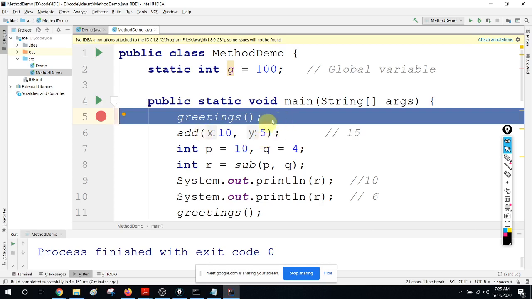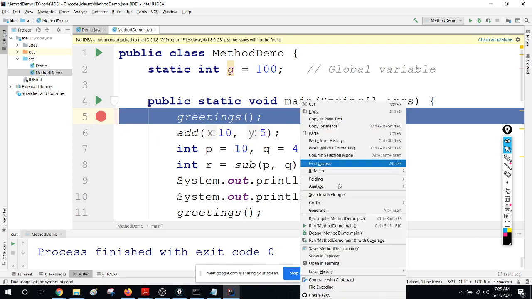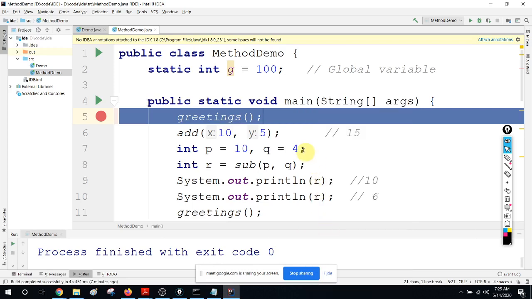Okay, so what we are going to do, I have added a breakpoint. Now I am going to do debugging. So right click and not running, debug. Debug the method. It will take a little bit more time because it has to do some background things, but afterward it will come to this line and hold for you to proceed. So you can see still the progress bar is there,